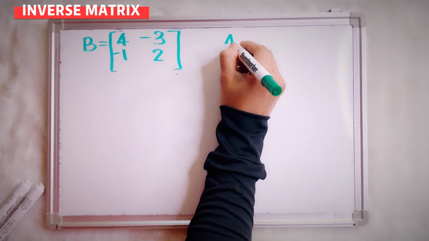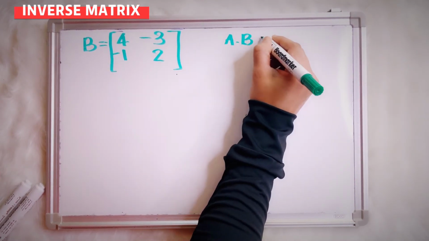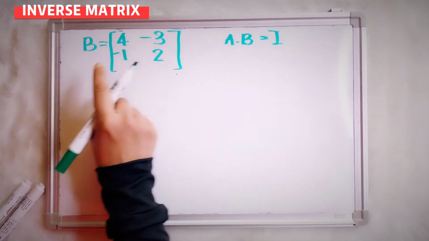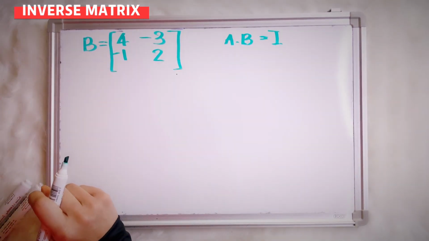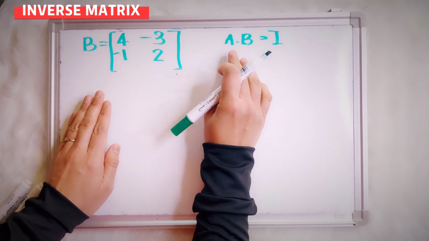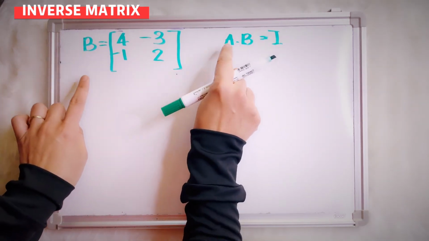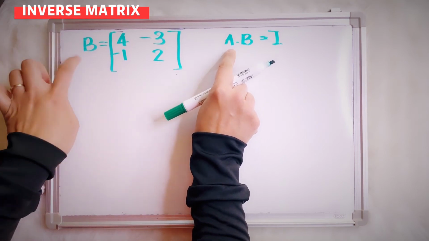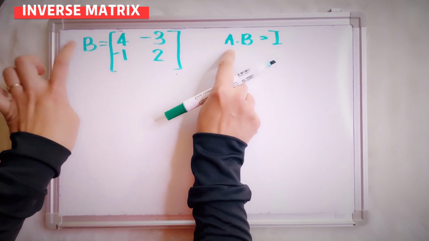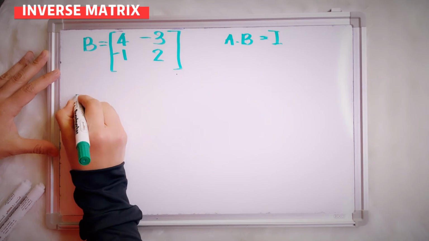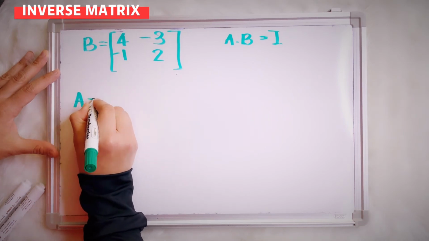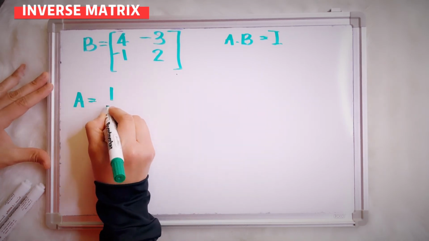A, you multiply with B, you will have matrix identity. So this is matrix B. Okay, we know when A multiplies with B gives identity, it means either one is the inverse of the other, right? So definitely A is the inverse of B. Okay, so now you want to find matrix A, you have to put 1 over